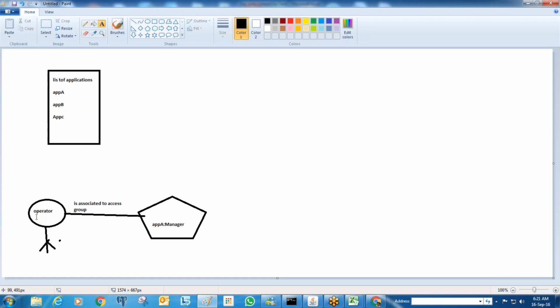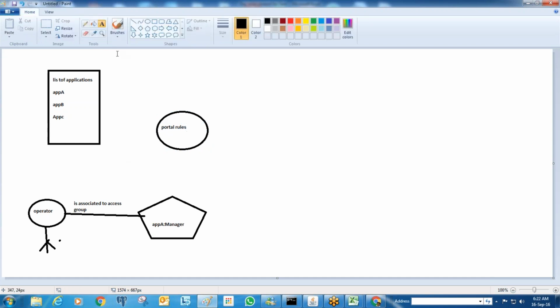It will search for the access group configuration. Within the access group configuration, it will check what is the default access group. Every access group will be like this, with this syntax, and whatever default is selected will be displayed. So by seeing the access group, I can know what is the application, what is the role he is performing, and we can also know the portal rules associated with it.